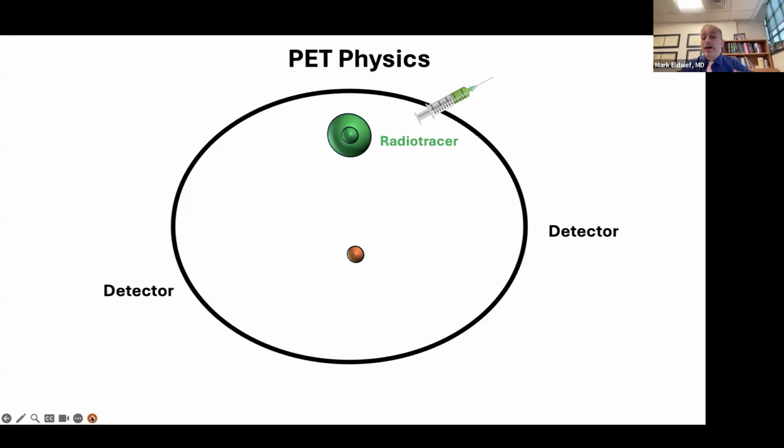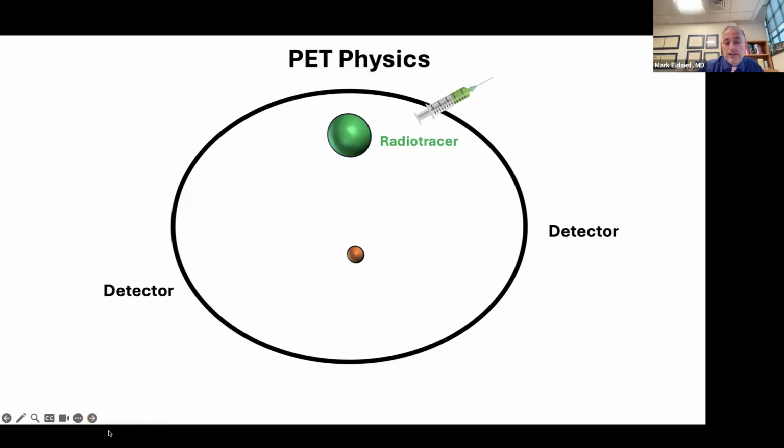And then that might bind to something in your brain, or, if it's a radioactive form of sugar, which is one of the most common radio tracers, it's going to be metabolized by the cells of your brain. And what happens is that it is going to collide with an electron. The reason it collides is that it's going to emit these positrons. So the radio tracer, because it's radioactive, emits something called a positron, and that goes and collides with